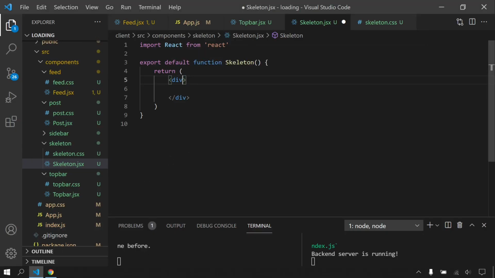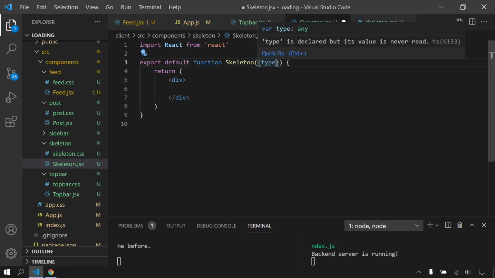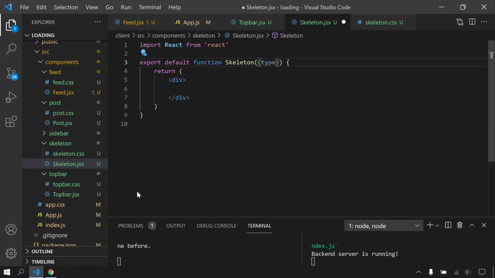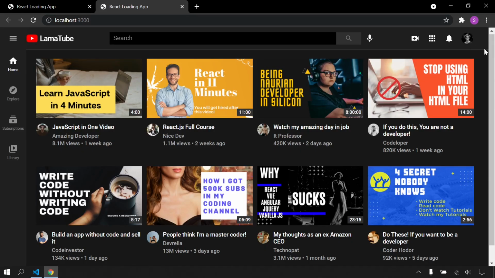So I'm not gonna write here directly. Instead, I'm gonna take type props. So if it's post, it's gonna return our post skeleton. If it's top, for example, it's gonna return our icons and this profile picture animation. And if it's menu, it's gonna be this sidebar animation.